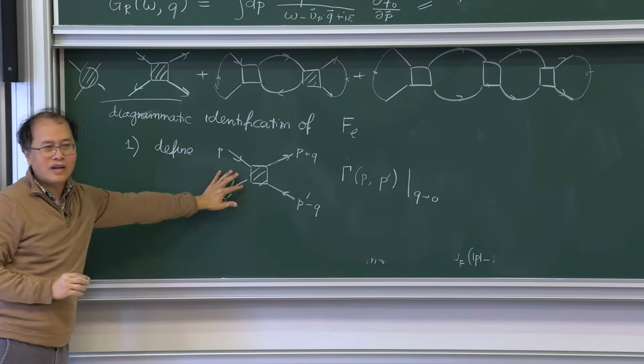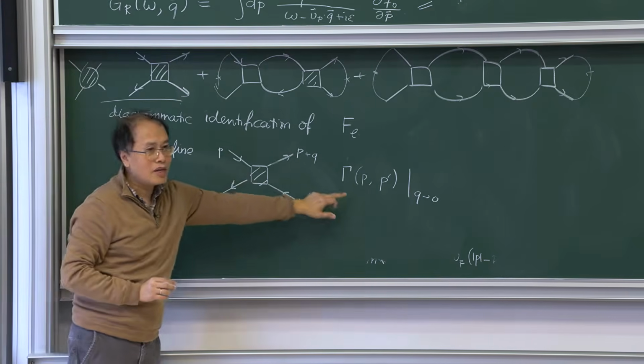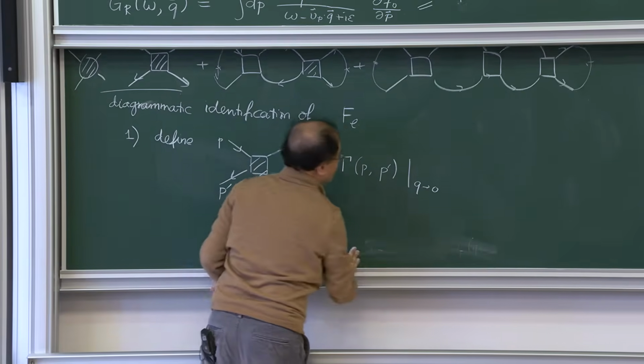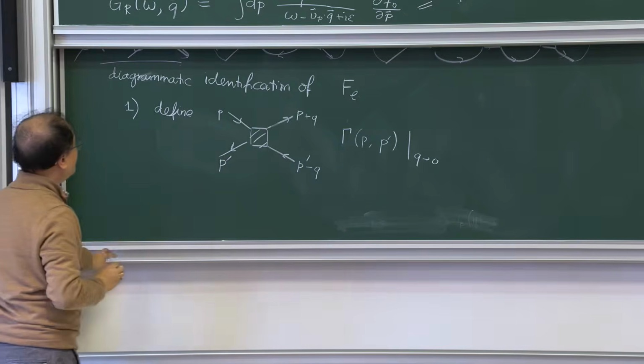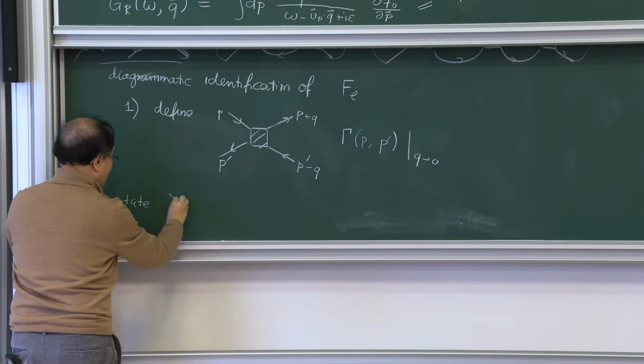This set of diagrams can be shown to be regular in the limit q goes to 0. So we define this gamma, and then we take the following resummation. We sum up the